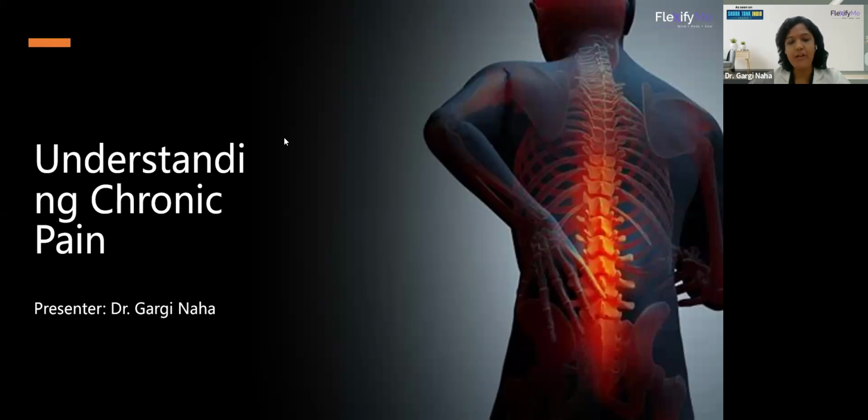Working as an HOD of physiotherapy department at Flexify Me. Flexify Me is a chronic pain management platform for pain caused due to musculoskeletal disorders in neck, shoulder pain, knee pain, back pain, due to conditions like spondylitis, slip disc, ankylosing spondylitis, etc. So we provide solutions which is a unique combination of camera, vision, AI-enabled technology used for analysis and diagnosis, and the treatment involves physiotherapy, yoga, and mental wellness.